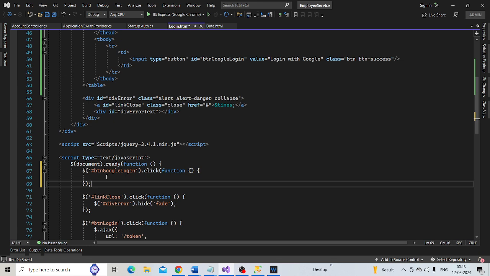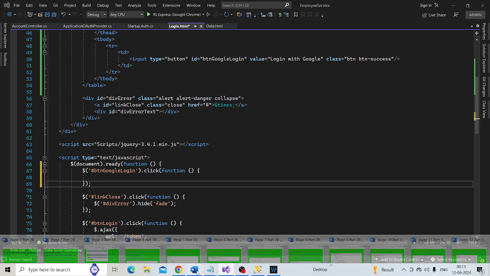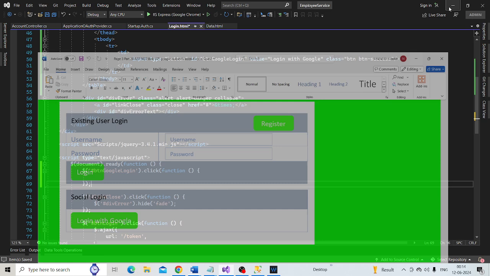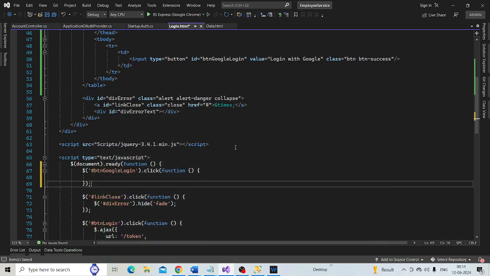Find the button and then wire up the click event handler. So what is supposed to happen when we click this login with Google button? We want the user to be redirected to the Google sign-in page. So window.location.href.